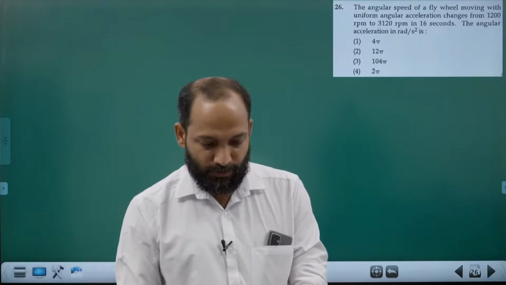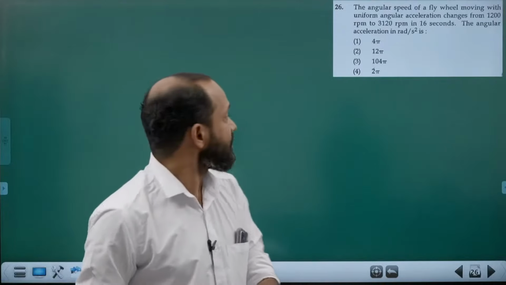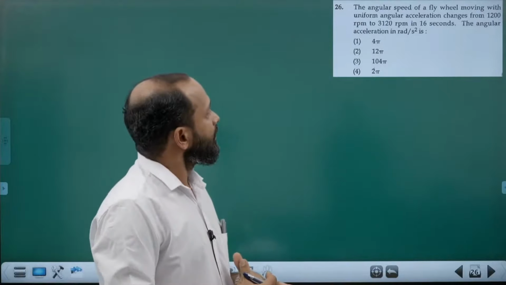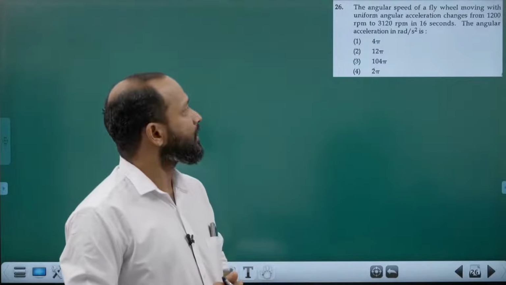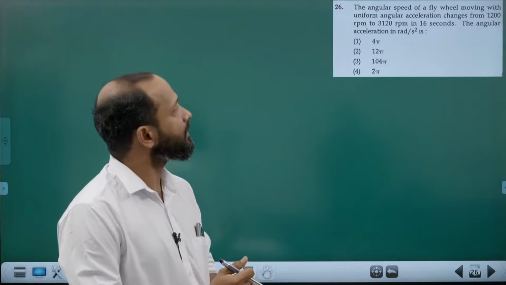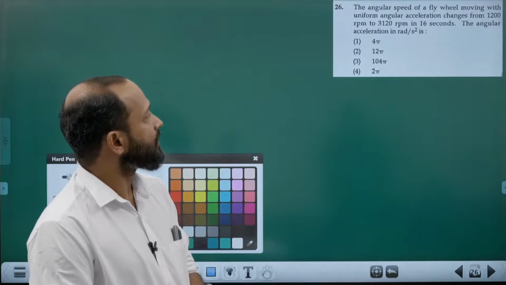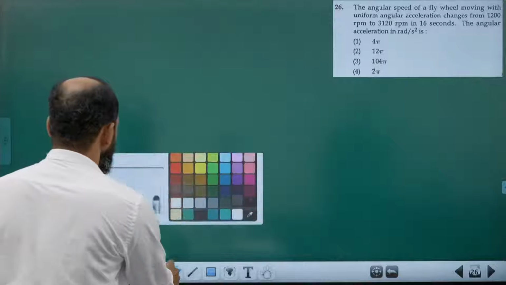We continue with question number 26. Angular speed of a flywheel moving with uniform angular acceleration changes from 1200 RPM, rotations per minute, to 3120 RPM in 16 seconds. Find the angular acceleration in radian per second square. Formula for angular acceleration: